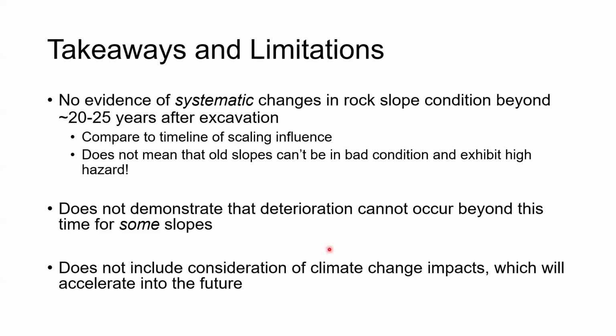I also want to clarify that this does not demonstrate that deterioration cannot occur beyond 20 to 25 years for some slopes. It's possible that some slopes behave differently from the aggregate behavior that we're observing here. And importantly, as I mentioned at the top, this does not include consideration of climate change impacts, which we expect to accelerate into the future. The data, I should say, implicitly account for whatever climate change occurred over the time frame that these slope ratings were taken. But because we expect climate change to accelerate into the future, we can't be confident about what those effects are going to be. And we actually have some upcoming research projects that are going to focus on trying to evaluate